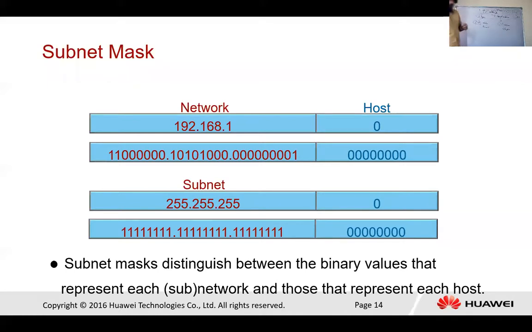You must know about the default subnet mask of every class, since we use the first 3 classes, class A, class B, and class C. When we talk about the class ranges, class A is from 0 to 126, class B is 128 to 191, and class C is 192 to 223. We have 3 classes, and these are the ranges.